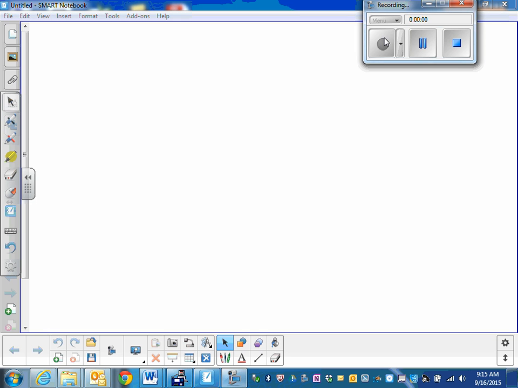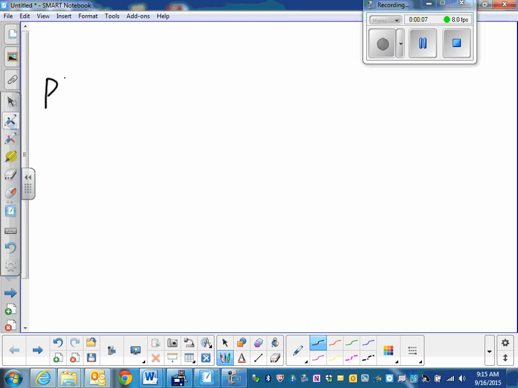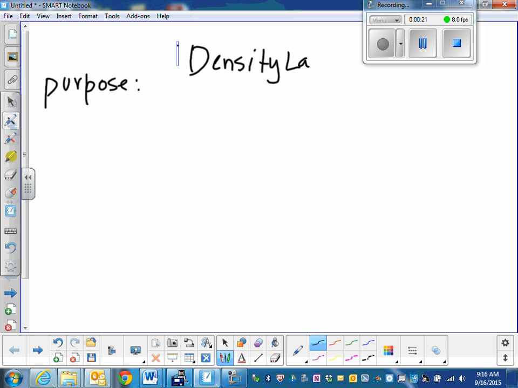Your lab notebook. Is that clear? Okay, now the first thing is the purpose. What was the purpose? And the name of the lab is, it's a density lab. All right, and the purpose of my lab is to determine